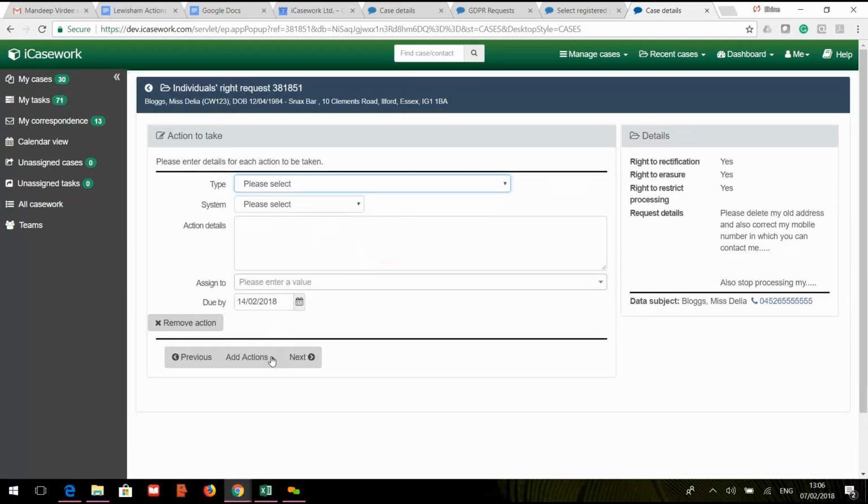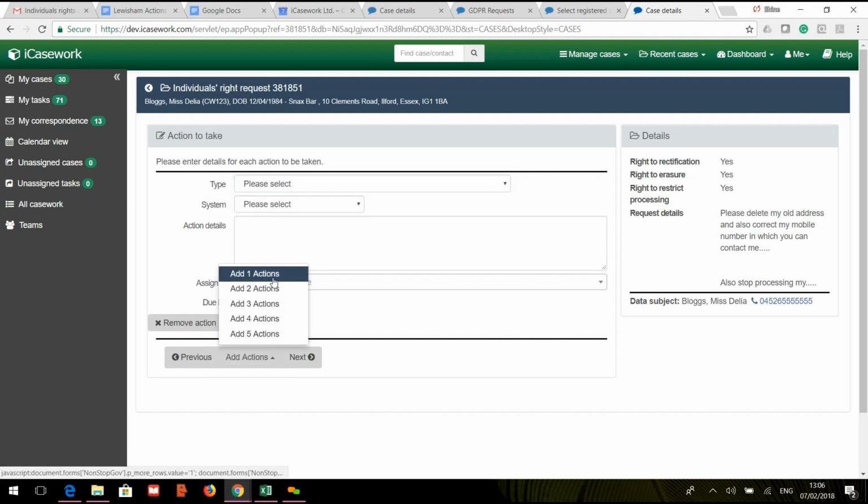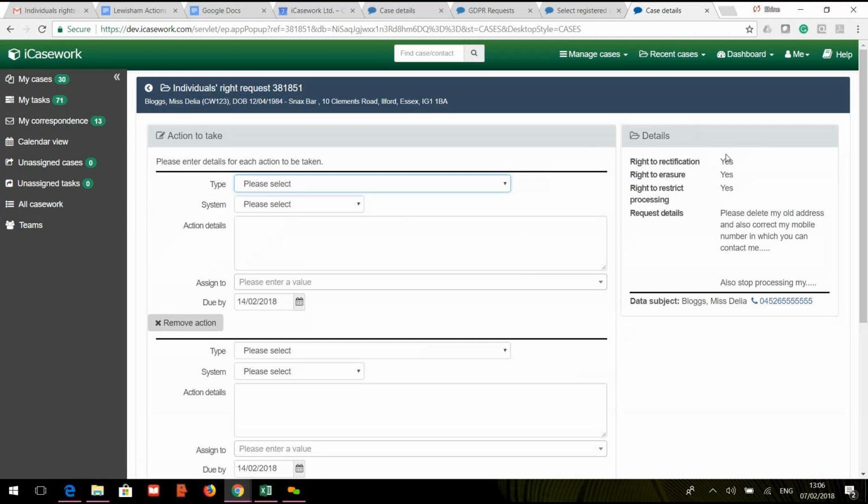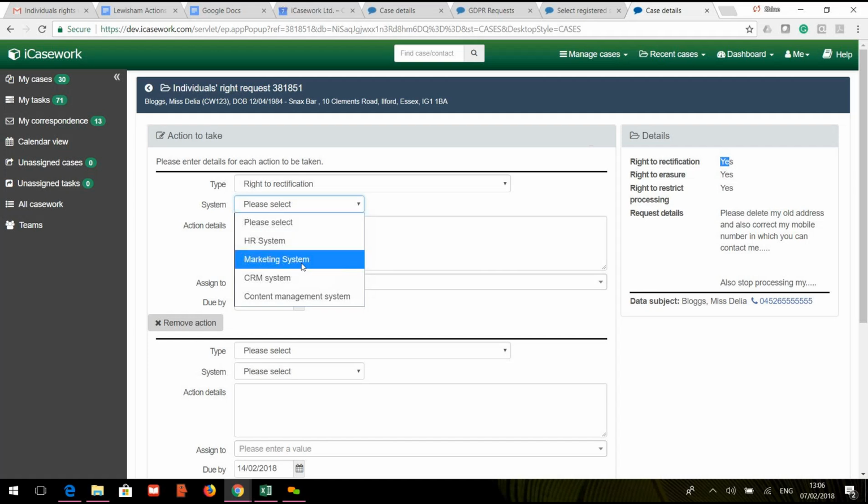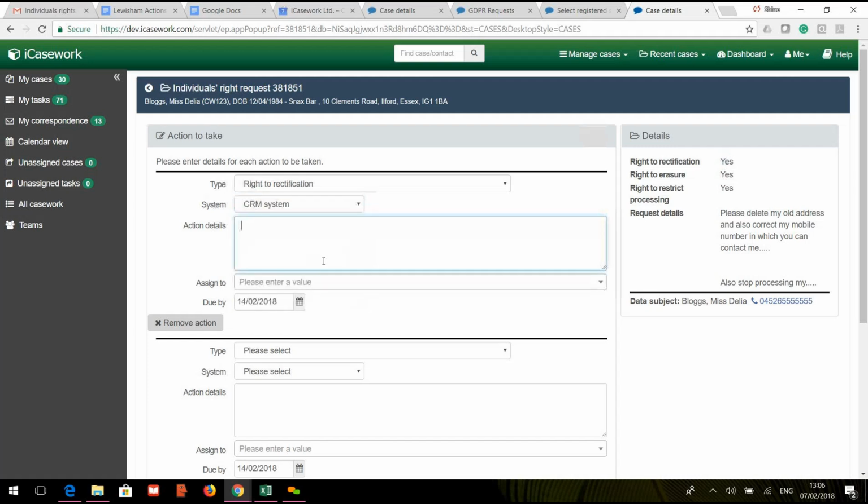This is how you can collaborate and manage work within your organization. You can have multiple actions that you can add based on the rights that are required. So first right is rectification, and I'm going to ask the CRM system first. So you could have a list of systems here. This is just a value list that you can change. This is just some examples that we set up. You can say CRM system,